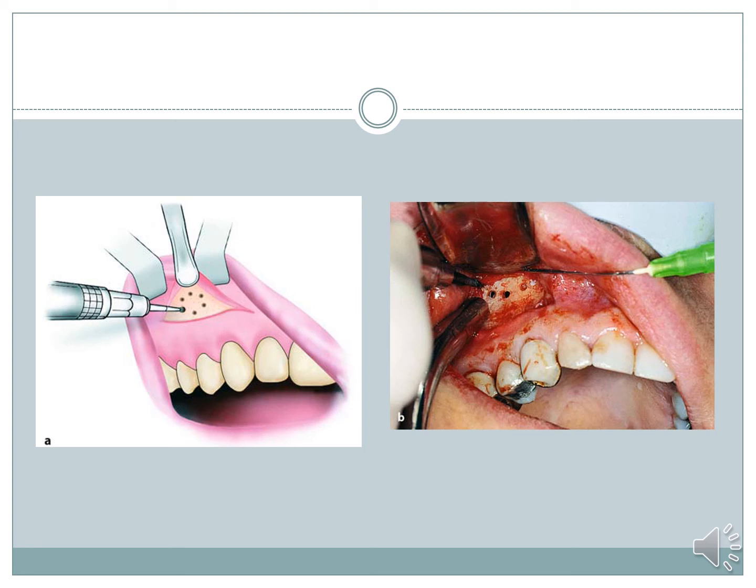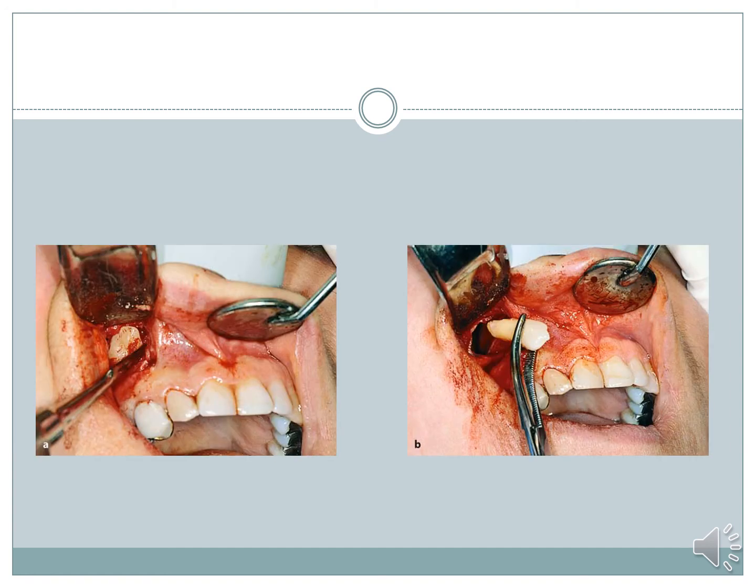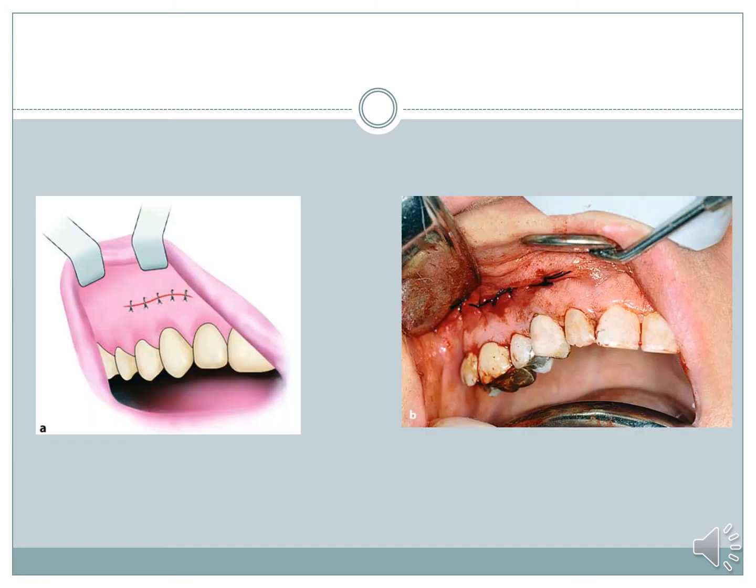A postage stamp method of bone guttering is being done, which is nothing but just drilling holes and then connecting them, like how the postage stamp is being torn. So this is how it has been connected, and the window is open. Once the window is open, you can see the tooth lying there, and the tooth has been elevated out of the socket, and the incision is closed back.